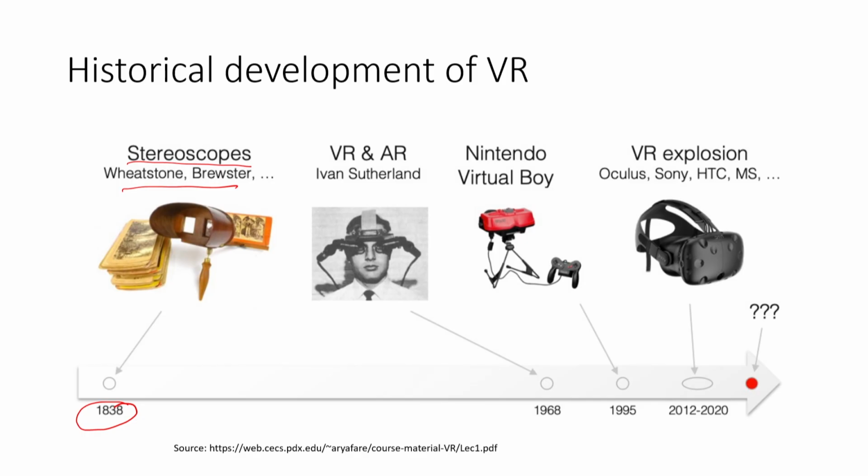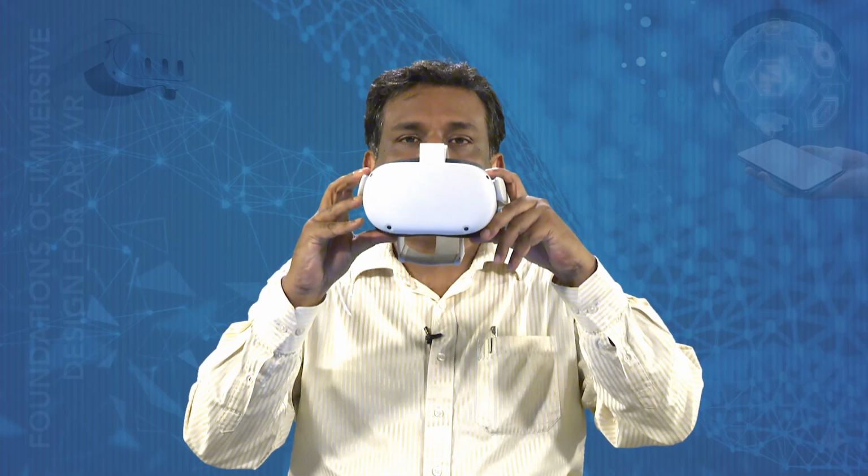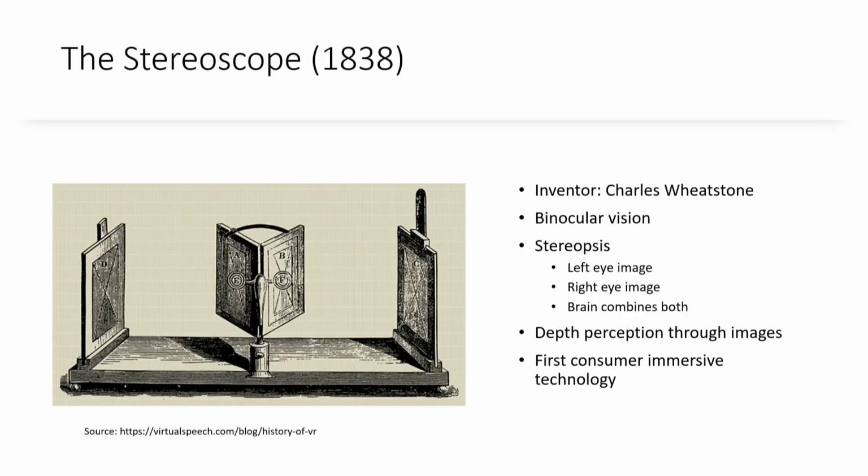Following that, there were head mounted displays that were attempted in the 1960s, and you can see the continuation into the Nintendo Virtual Boy in the 1990s. Of course, in the last 10 years, there has been sort of a VR explosion with headsets such as the one that I showed you, this Quest 2 headset from Meta. Let us talk about the